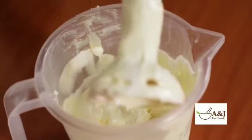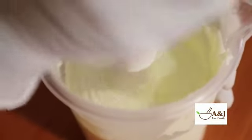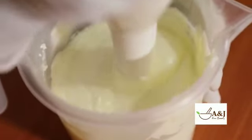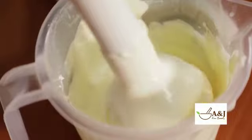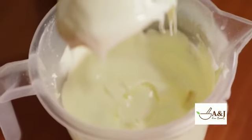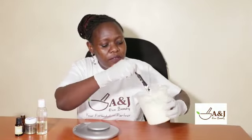So the best way is to keep whipping as you cool it. I didn't do that myself, but it is advisable that as it cools, you keep whipping and cooling and whipping and cooling again, so that you introduce as many air bubbles as possible in the product to help it set well. After we are done whipping and it's looking really good and lovely and creamy, we move on to the